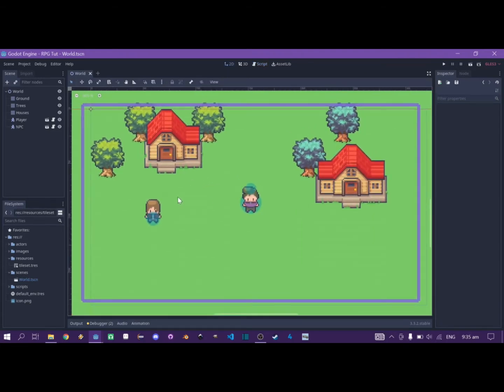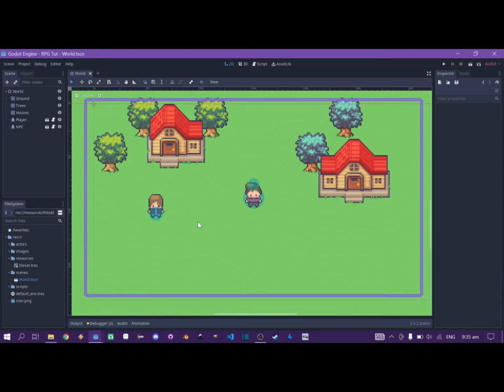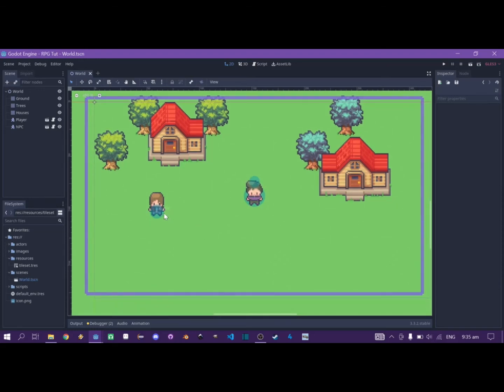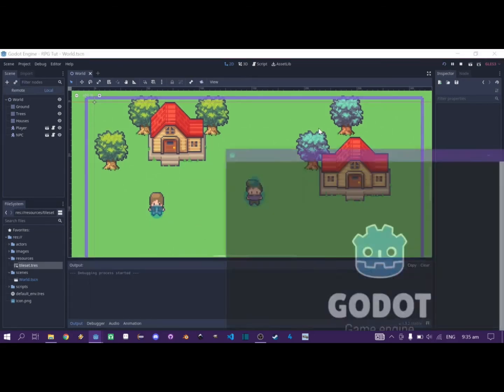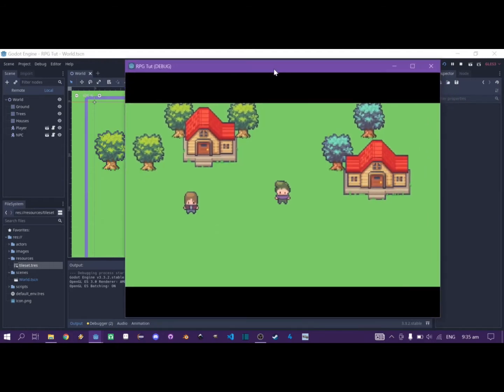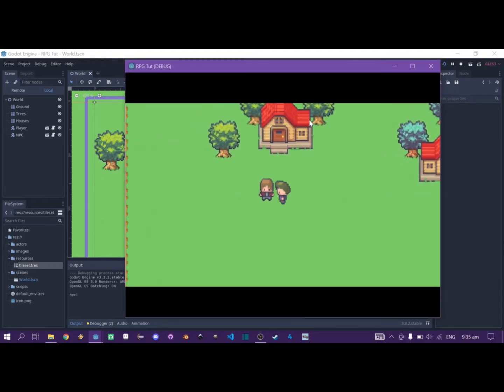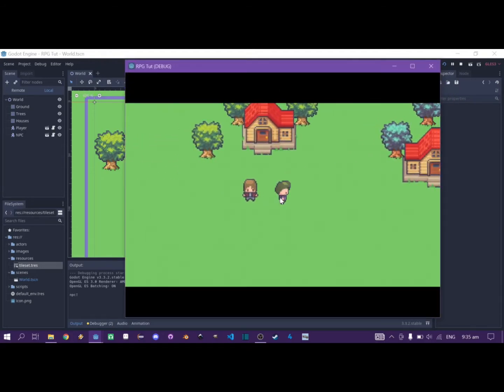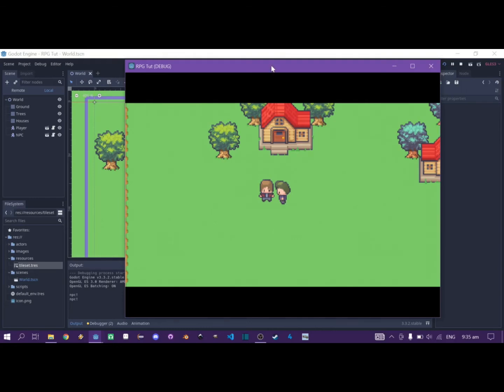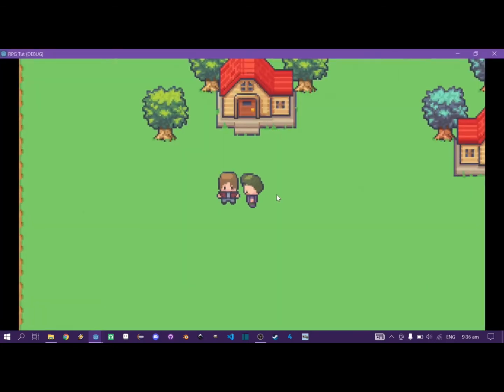So, basically, what I want to do is, once na malapit na yung player sa NPC, and then if I do a right click, gusto kong may lalabas dito na dialog box. Okay, so yeah,